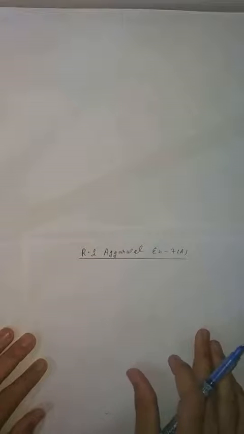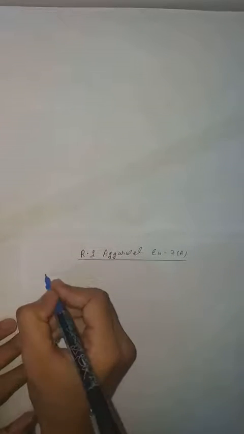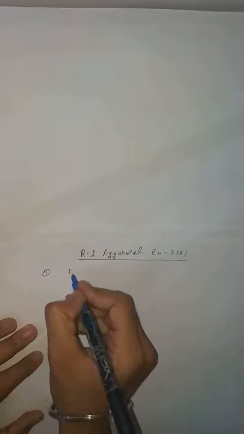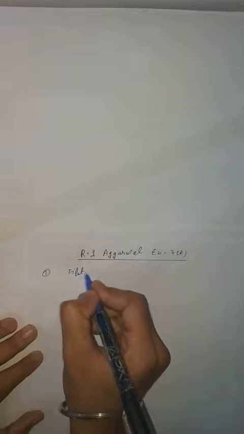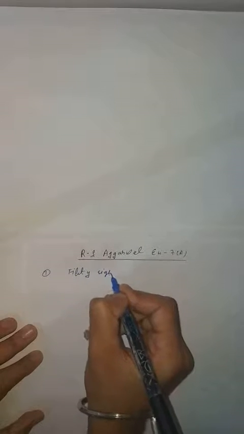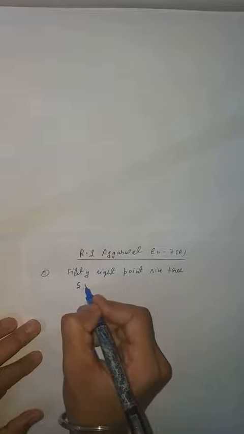Clear, students? Now come to the RS Aggarwal exercise 7A, because this is also decimal. So we have to also perform some questions, because all are based on the same pattern. Clear, student? So one question I will explain. Question number 1 is given. Write in decimal. What is given? 58.63. Clear, student? How will you write it down? I explained in NCERT. 58, point, you will write down 63.